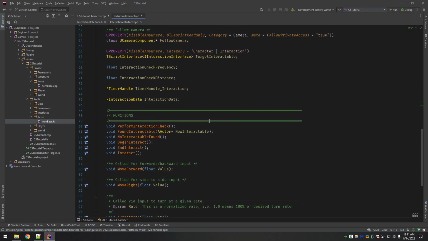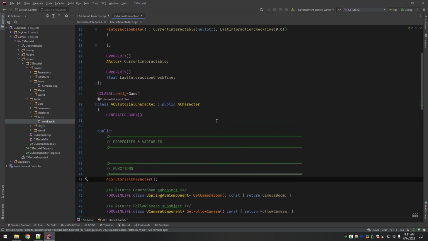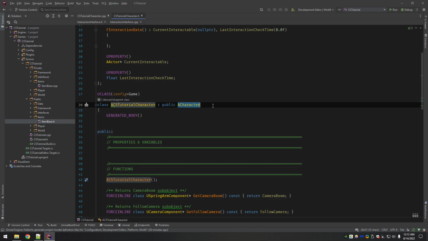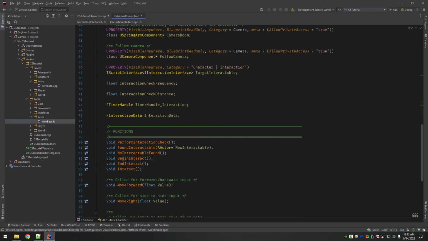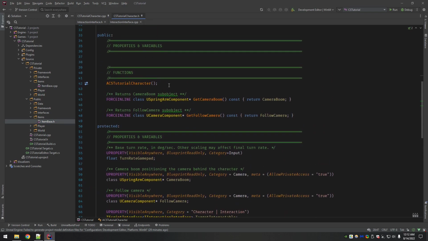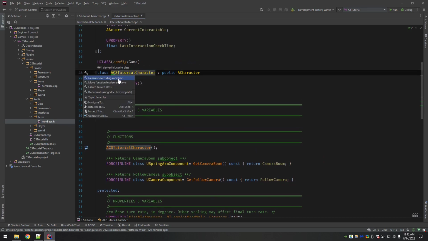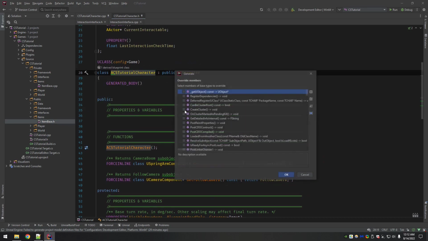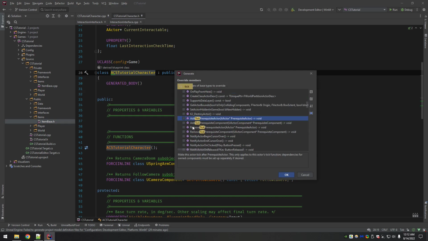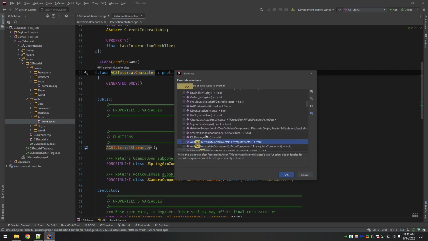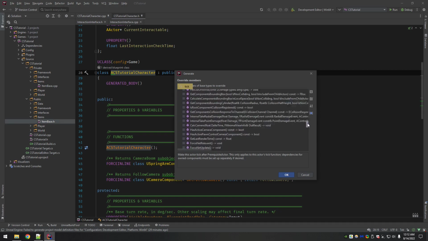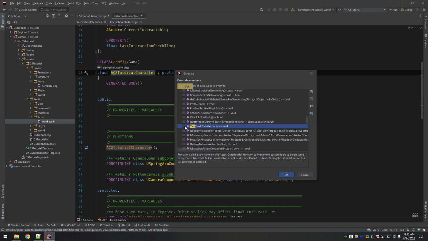So if you're missing tick, your character class inherits from the main character class, which has tick in it. So in order to get tick back, you can either go to this class, find the definition, and override it, or if you have an ability to override, I think Visual Assist in Visual Studio does this as well. Search for it, and let's see, add tick, remove tick. That's not what I want. Tick. Here's the main tick right here.